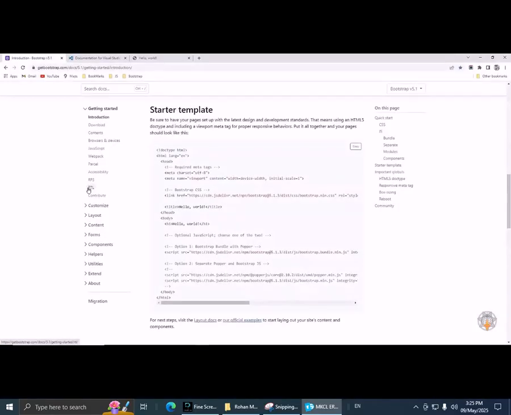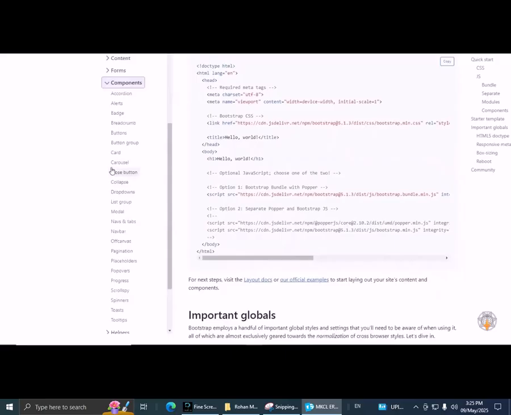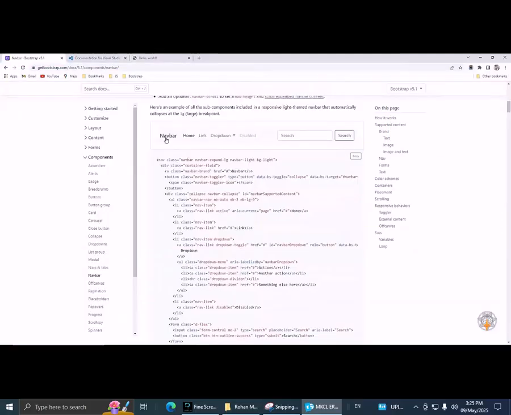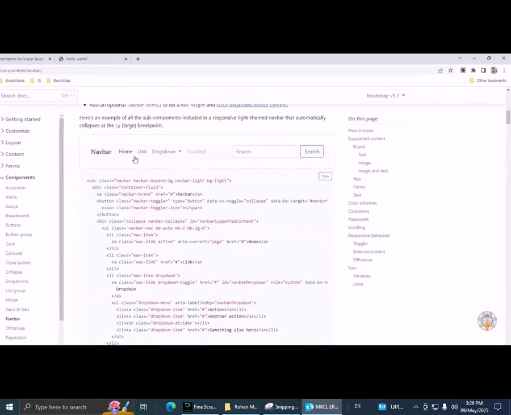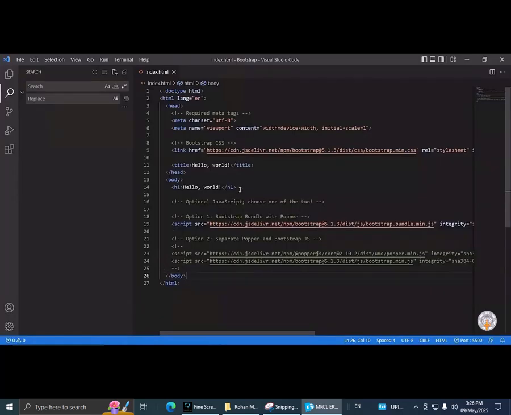Now let's dive into some of the components of Bootstrap. If you go here, let's start with the navbar. As you know, every website starts with a navigation bar because it has menus, search option, etc. This is the first default navbar which Bootstrap provides us. So let's copy this one and then just simply paste it here. Just to get rid of this first,